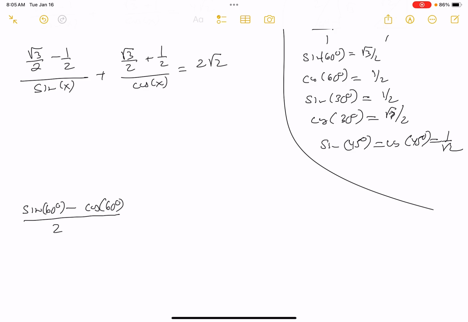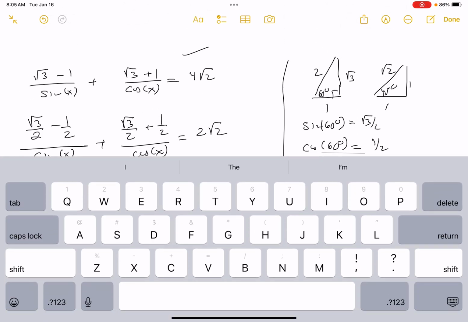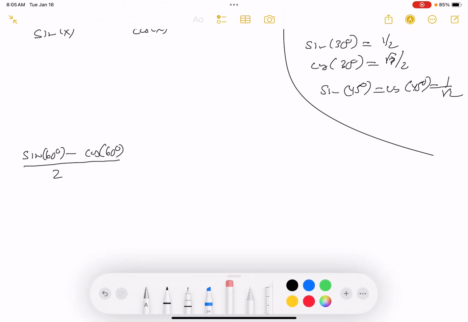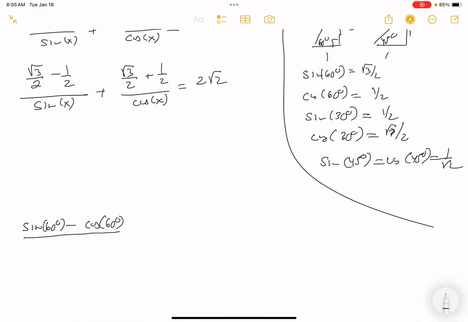And that's going to be 2, whoops, not 2, I didn't divide that. Let me get my eraser out. Oops, get rid of that. I got to pay attention, right? Sine x. And then plus sine 60. And then plus cosine 60. That's degrees, by the way, over cosine of x. And that's going to be